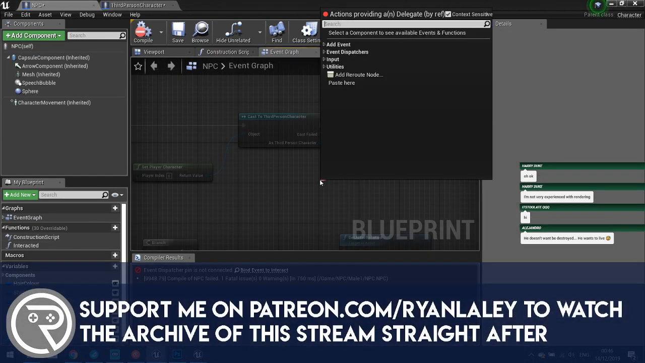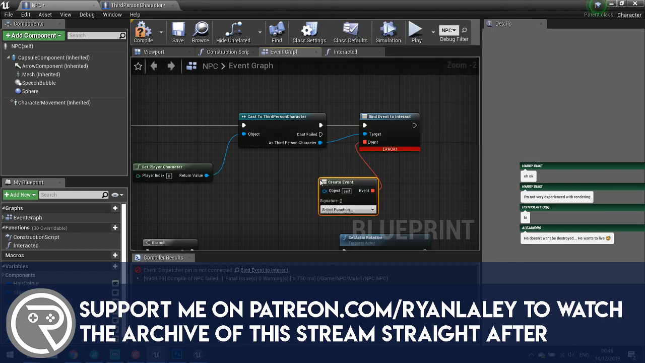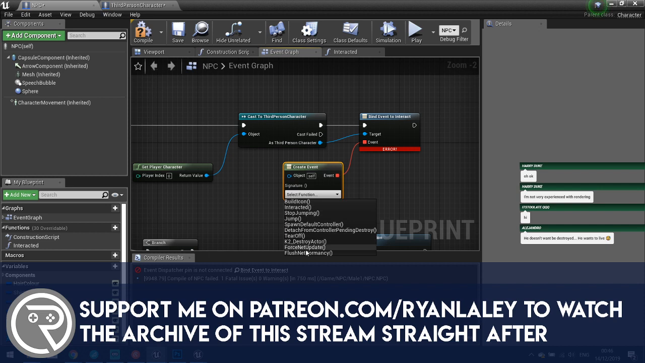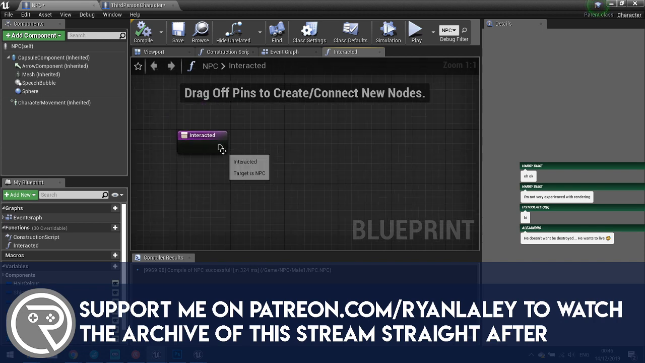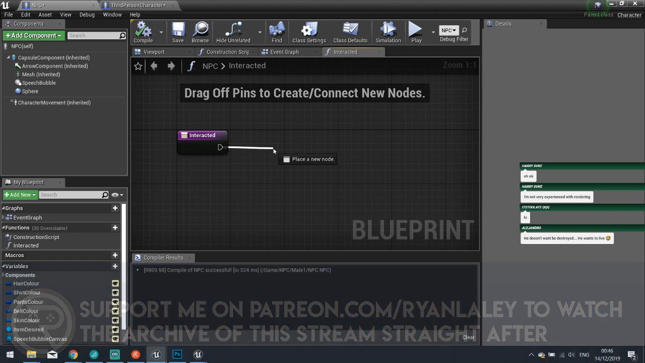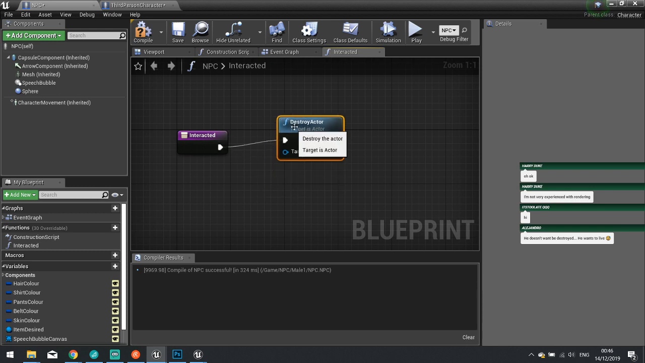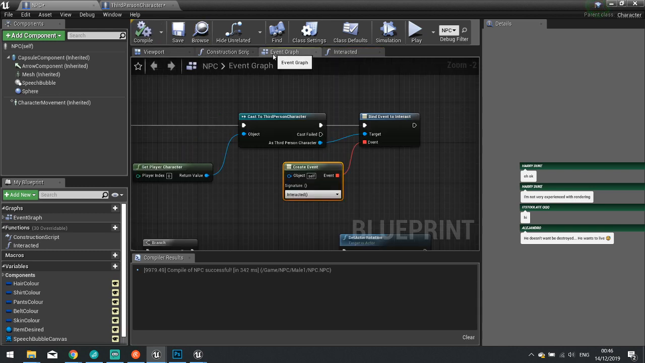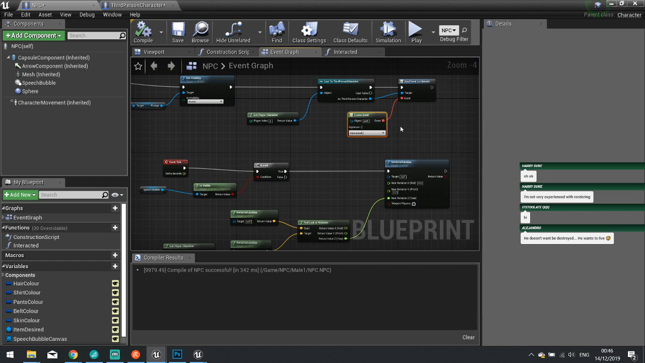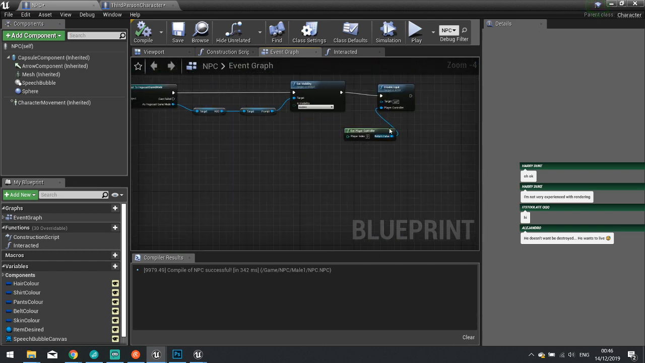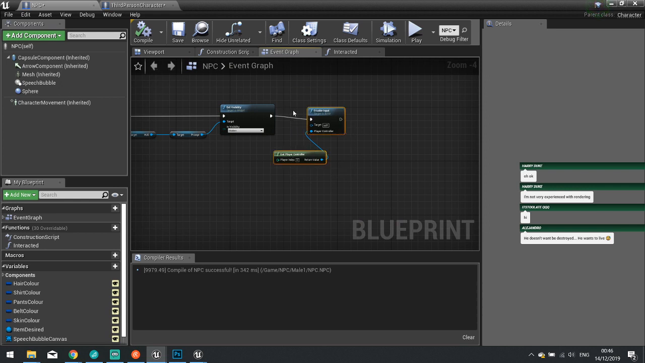Okay, so this event here, create event. And the event is going to be called Interacted. Okay, so on the interacted event here, we are then going to destroy actor. On the event graph though, we have to unbind it. So we're going to just copy this. And at the end of here,